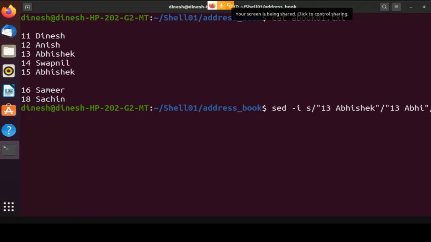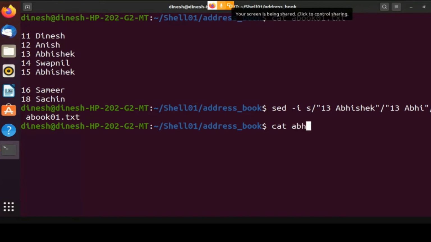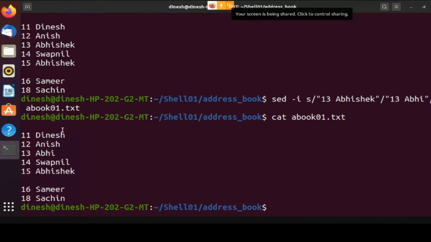The name of the file is abook.txt, and it is done. Look at that, cat abook. Isn't it interesting? Look at this, 13 Abhi. It was 13 Abhishek, and it is now 13 Abhi. Got it?